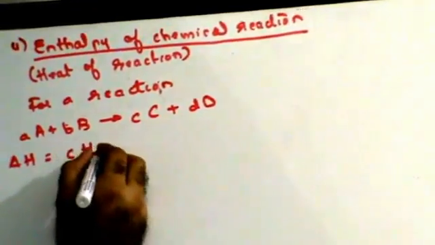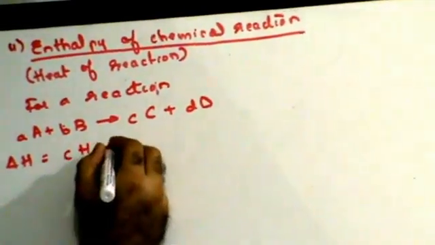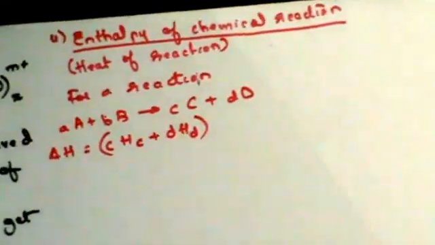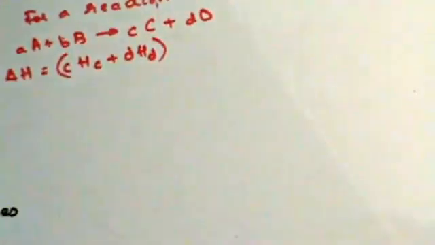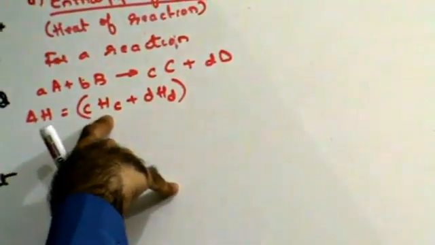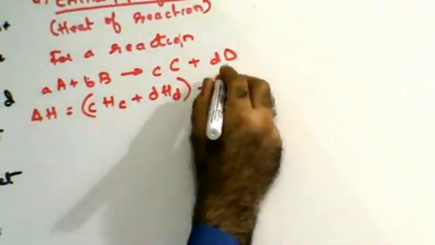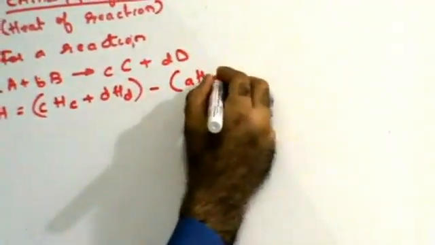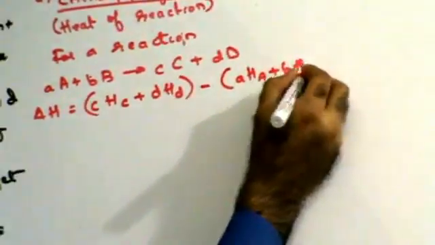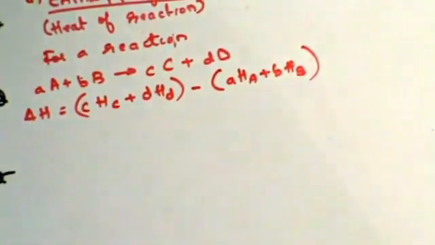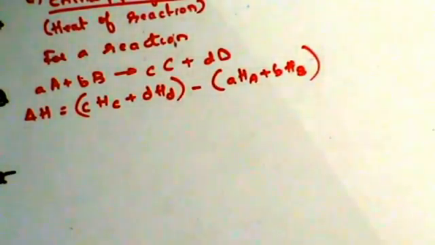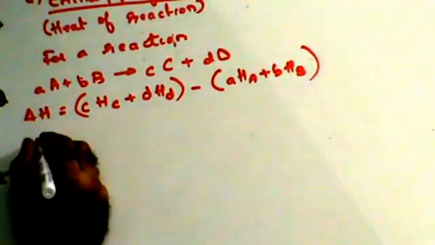So c times HC plus d times HD, that's my enthalpy change taking place for the product. There are c number of moles of C, 1 mole will take enthalpy of HC, minus a times HA plus b times HB. That is my enthalpy of chemical reaction, which is also referred to as heat of reaction,